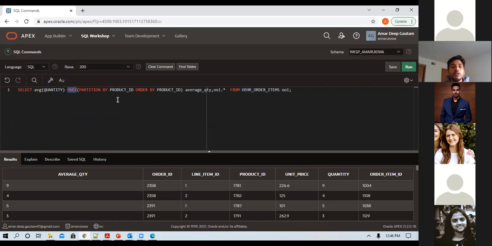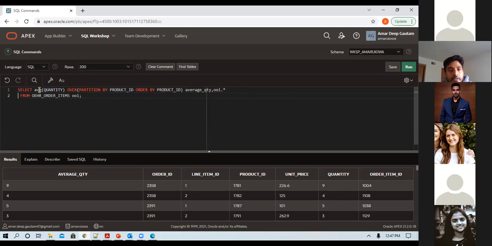It segregates all the records on the basis of this group. You can call it that it groups on the basis of product ID. So if there are 10 items which belong to a certain product ID, they'll all be grouped together. And on top of that, the average will be calculated. And order by is how you want to order that. So it will get both the information. If you compare the earlier query with this one, it's so simple, right?